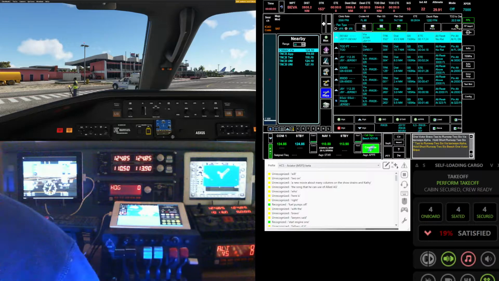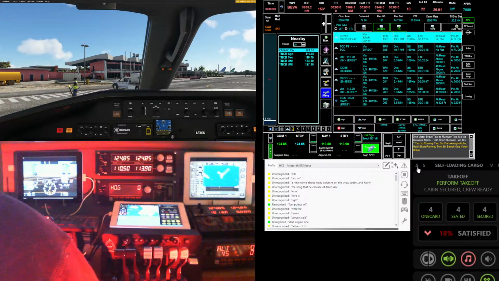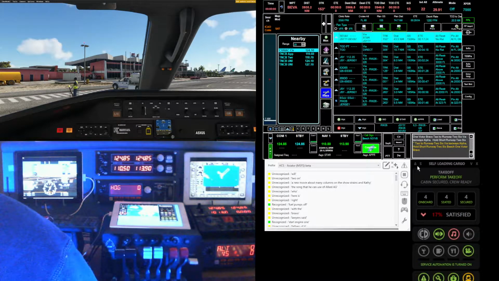But that's just a nice little touch to adding things to your cockpit with minimal expense, because they're not really